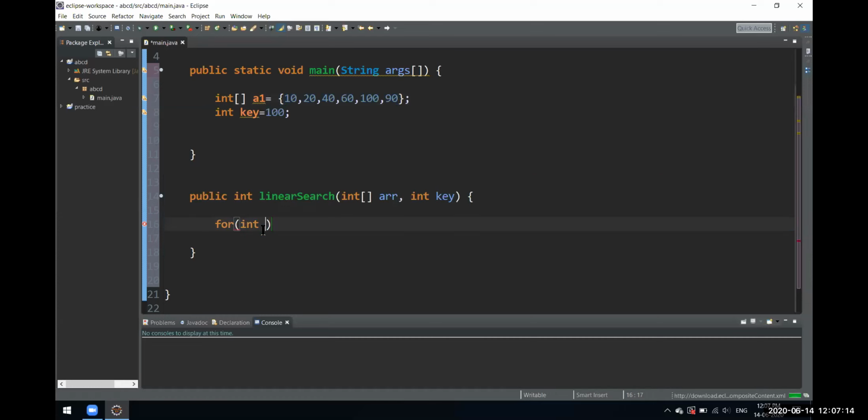So here we'll have an integer i which would start from 0. In linear search, let's first write the whole code, then I'll explain how it works. The ending point of this for loop would be the length of that array, so i should be less than arr.length.